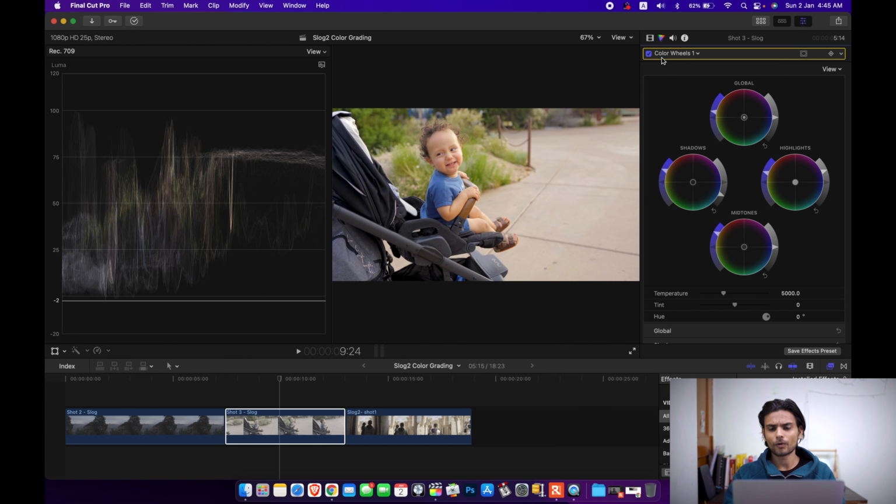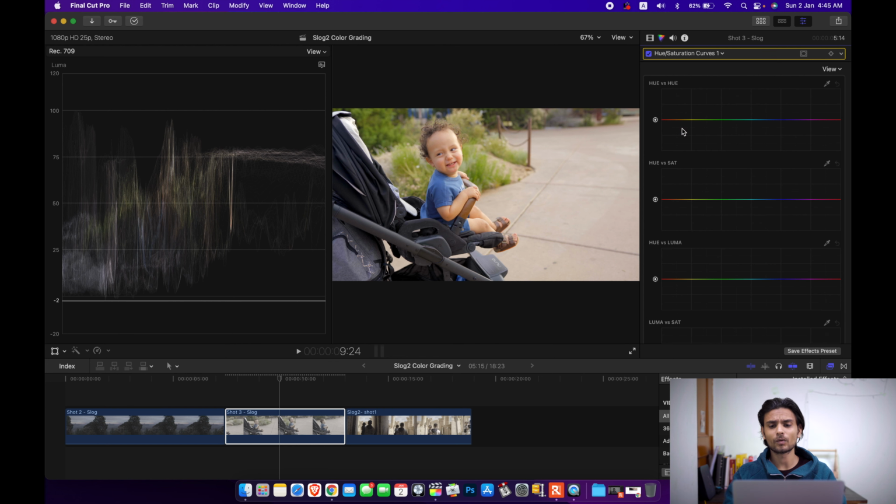Now we will show you some more depth in color grading, like how cool it is to edit S-Log2 because it gives more flexibility compared to the 8-bit processed colors of the camera. If you change the hue of this color, it will give you better colors in comparison to the processed colors.